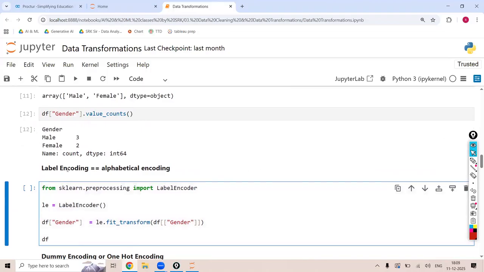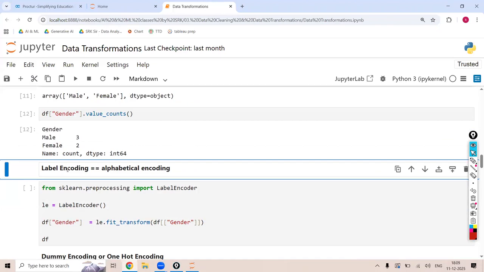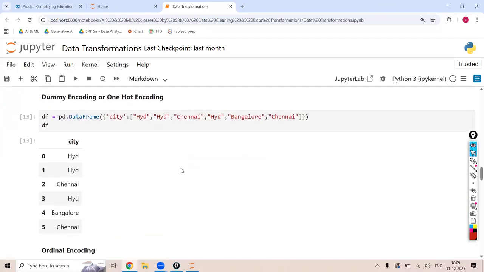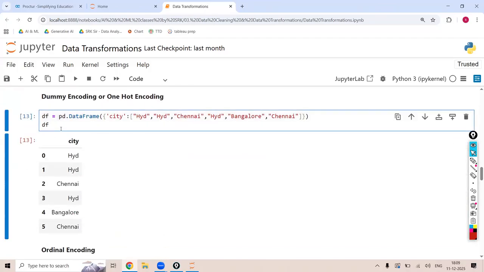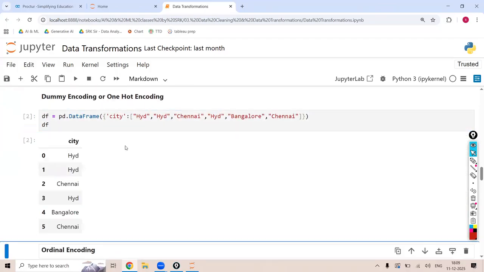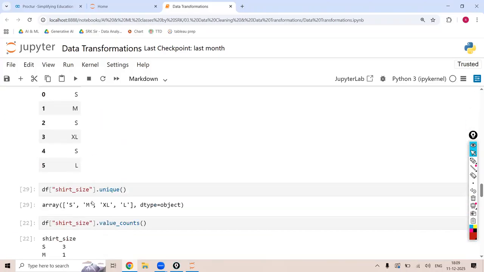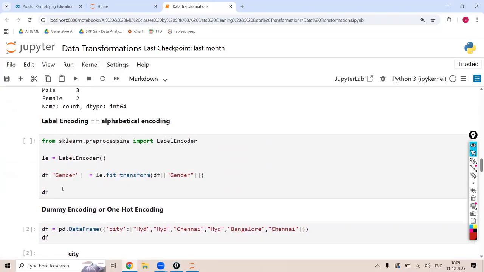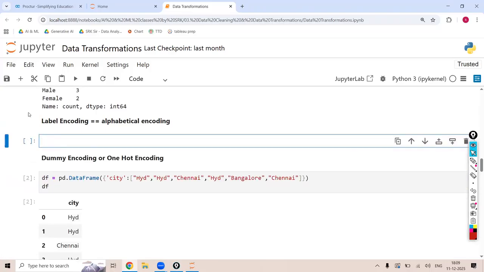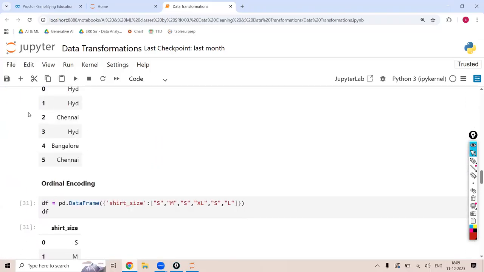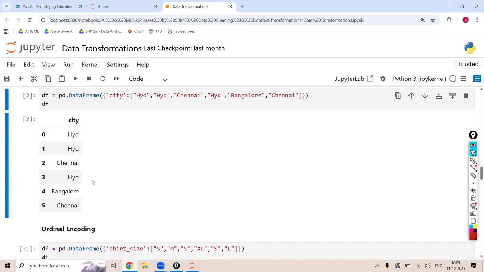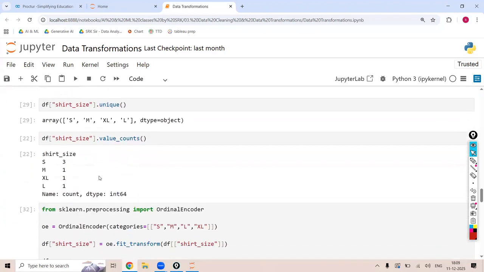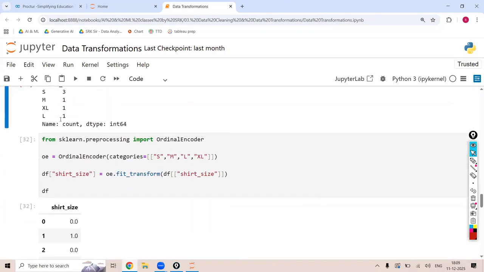The next type of encoding is called label encoding. What is meant by label encoding? Alphabetical order encoding. For example, if you take this, what data set am I having here? That is city. In this city, if instead of one hot encoding I apply label encoding to this particular data, it is just going to give me